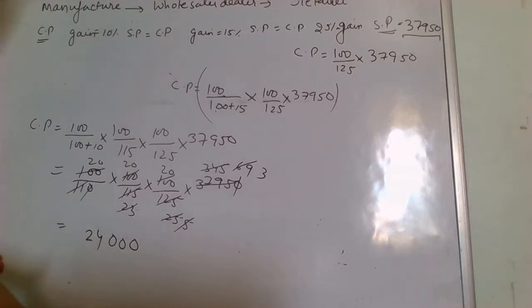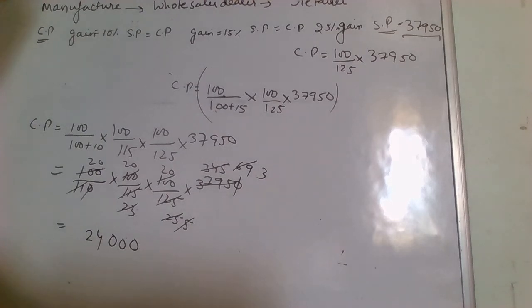And what about question number 21? By selling 36 oranges, a vendor suffers a loss equal to the selling price of 4 oranges. Find his loss percent. Whenever you have to do this type of question, students, as I said earlier, let the cost price be equal to 1 and then you will solve it. So CP of 36 oranges minus SP of 36 oranges is equal to SP of 4 oranges. So CP of 36 oranges is equal to the selling price of 40 oranges, and let the CP of an orange be 1 and you can calculate it easily.